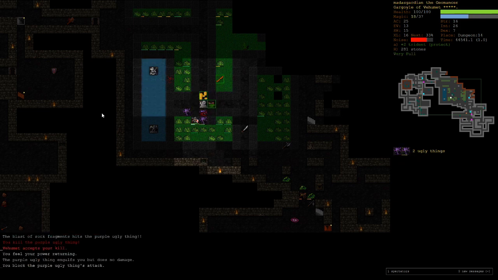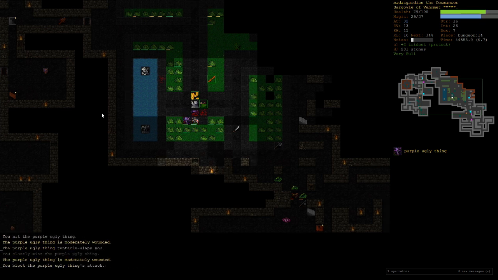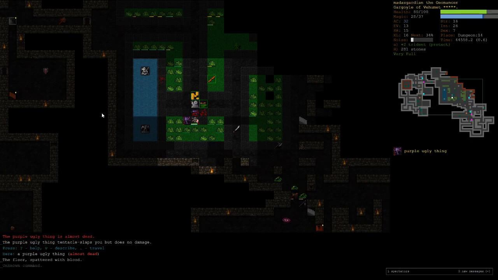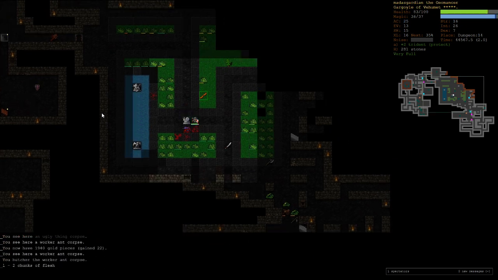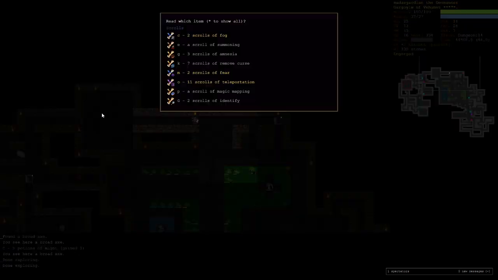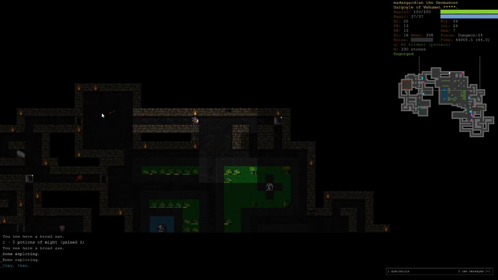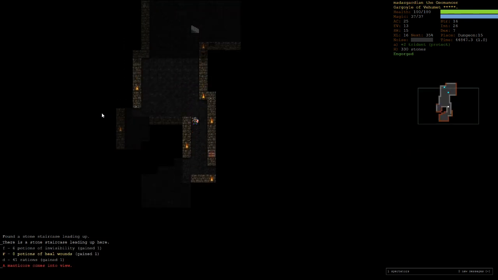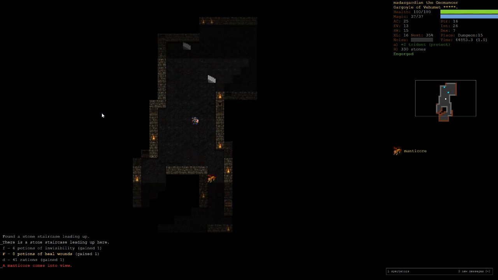This statue we can bounce our lees off of. Take on these guys. Okay, so I guess purple is no elemental damage. Another broad axe. Okay, dungeon 14. Now on to dungeon 15. So I wonder if we can reflect his barbs. I don't want to rush down there and get barbed and...